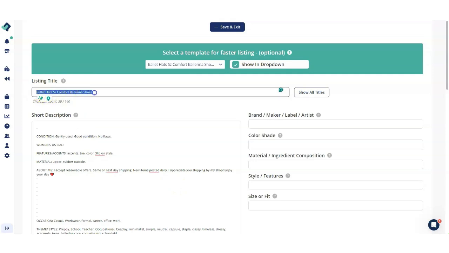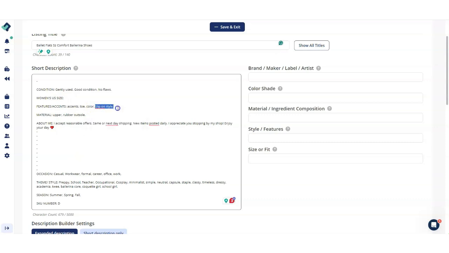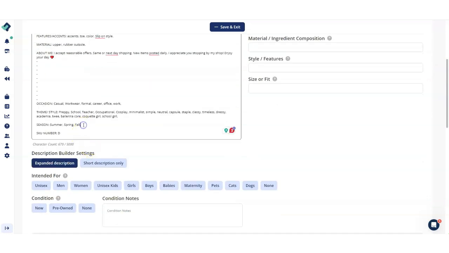Again, the title is almost done. I would just have to go in and add the brand name of the ballet flats I'm listing in that moment, the size, the color, the material, all of that I would add here to the title, and then it'd be complete. Down here, the description, again, I'll just add in the size, any accents. All of the ballet flats are slip-on style, so I have that already here in my description. I'll add in the type of material that particular shoe is,